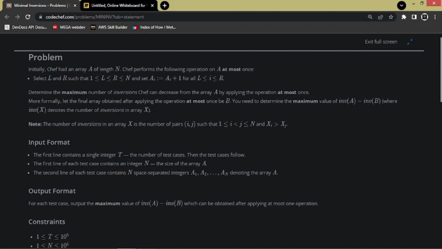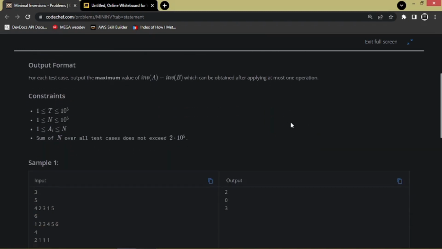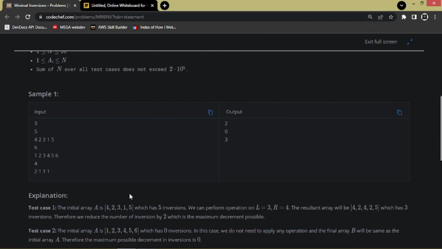Okay, and we have to perform one operation which is called inversion. What we have to select is pairs I and J such that J is greater than I, and the element which is present at the ith index is greater than the element which is present at the jth index. So what the problem is trying to say, what we mean by inversion, first we will see it through a test case. So the first test case which we are given is this one, 4 2 3 1